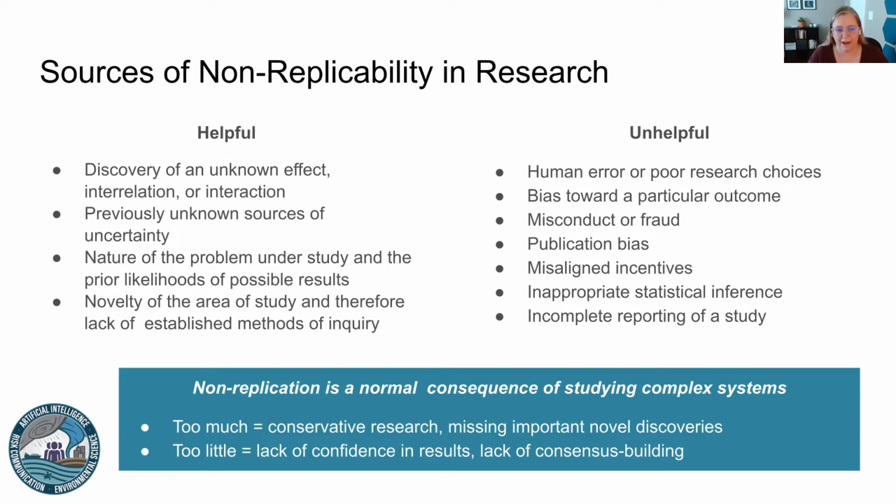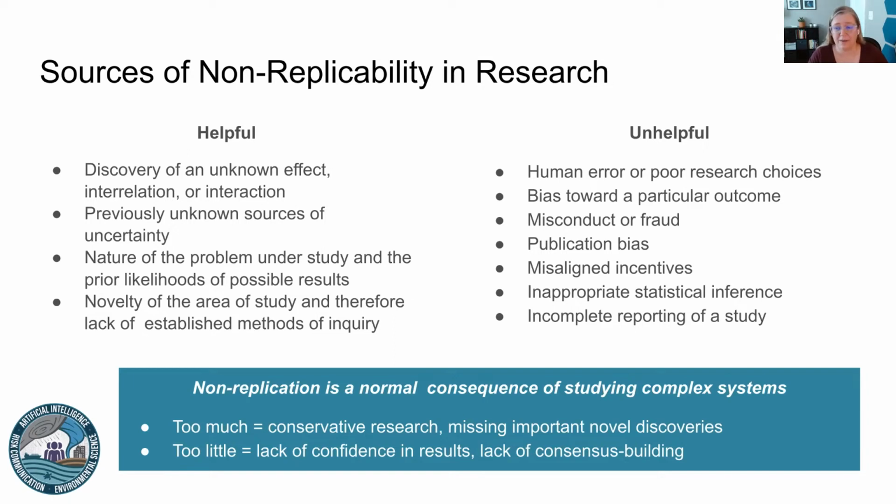Areas that are more complex, groundbreaking, cutting edge, novel, all those buzzwords, but instances like that or studies like that are generally less replicable than studies of processes that we have a pretty good handle on. So we might be just working in a really exciting, novel, cutting edge field. Unhelpful reasons are, there's a lot, including human error and bias,